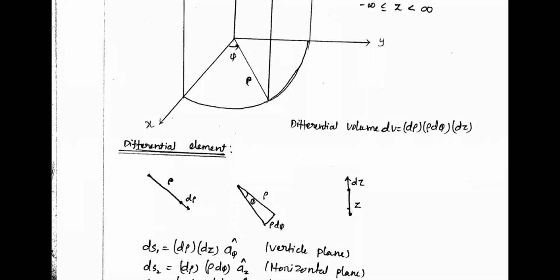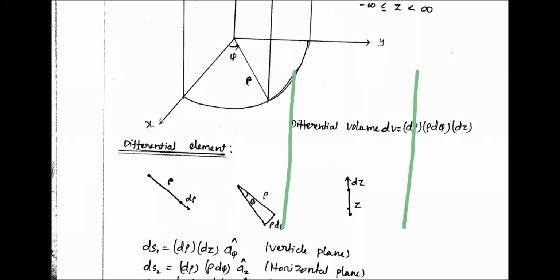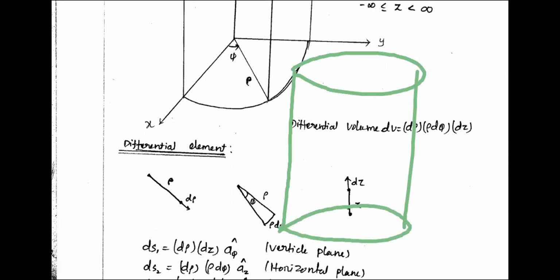Please remember, please note down, you are having a cylinder. Now, what are the different surfaces I can get? Actually, there are three surfaces. This is one surface, second surface, and this is a lateral surface. Please imagine, if you are on the lateral surface, you are choosing some area on the lateral surface.